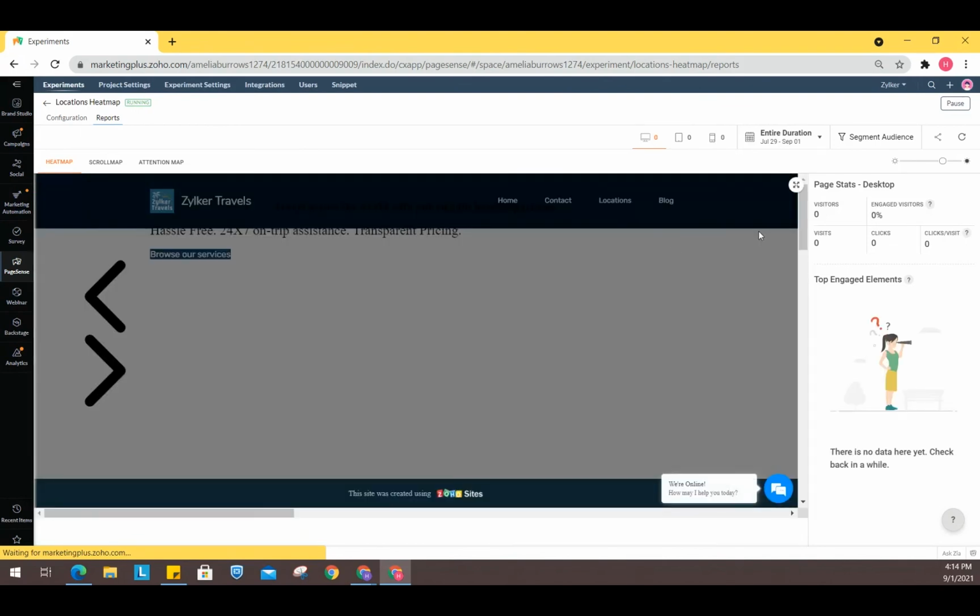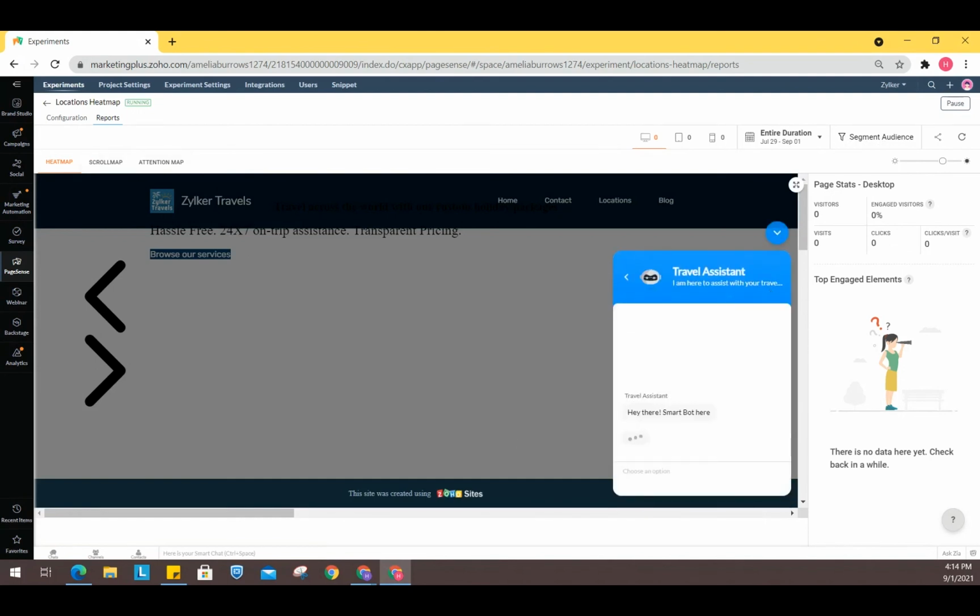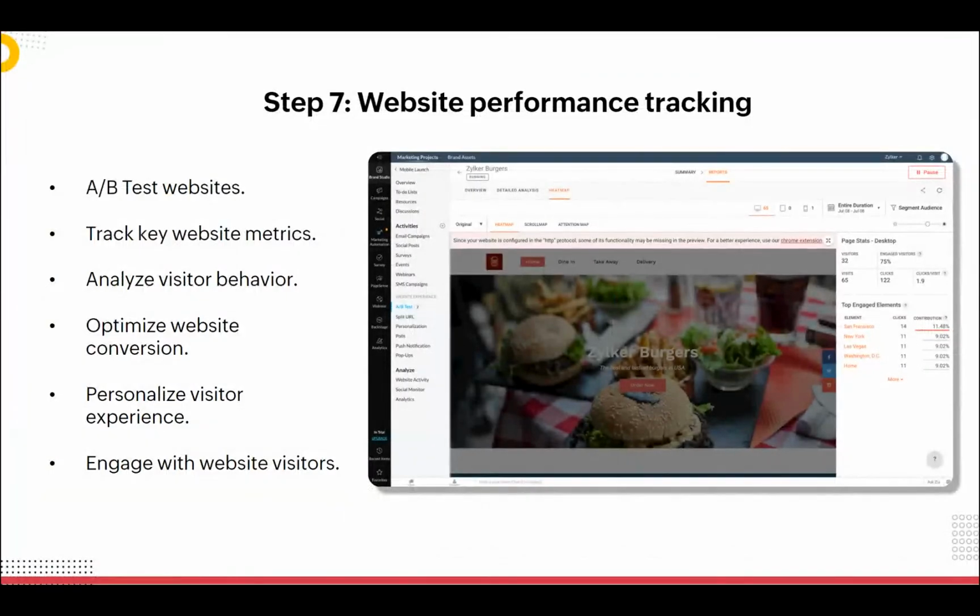You can get this update in here. You can see the page stats. You can segment the audience from here. All right, so I think that's it. We just saw how the performance of the website can be tracked.